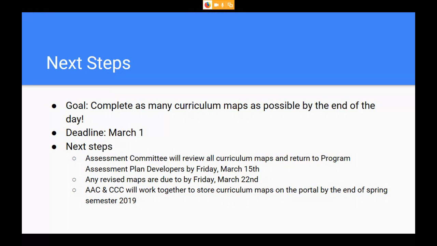Just to give you a preview of where this work is going, so it's not just filling it out and then where does it go. The academic assessment committee is going to be working with the curriculum committee, because this is still curriculum work, aligning curriculum. We'll work together to store the curriculum maps. We want to be transparent. We want to be able to see them, use them, have conversations about them. So we're going to be working to store them in the portal by the end of